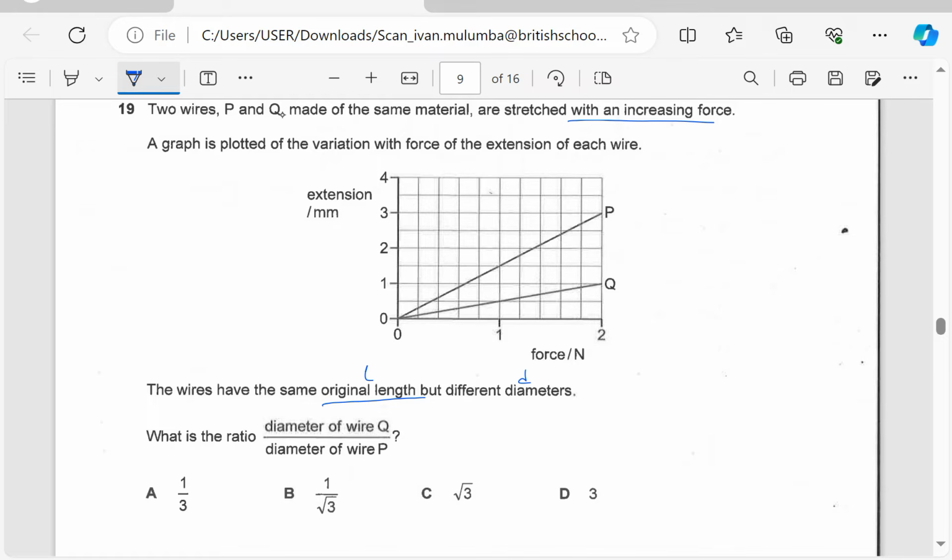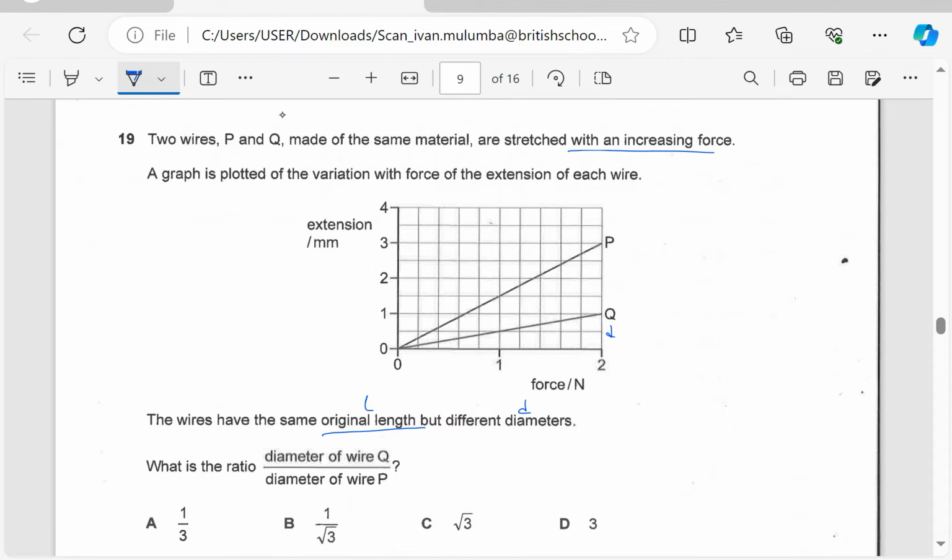What is the ratio of the diameter? So I'll say the diameter for Q will be D because they have different diameters. So let this be DQ. Diameter for P, let it be DP. They have the same original length. So